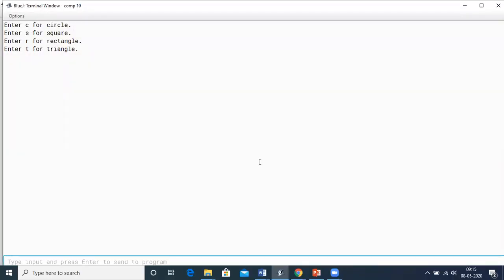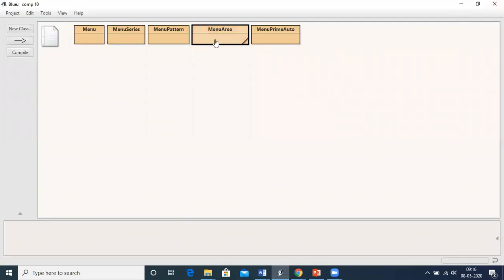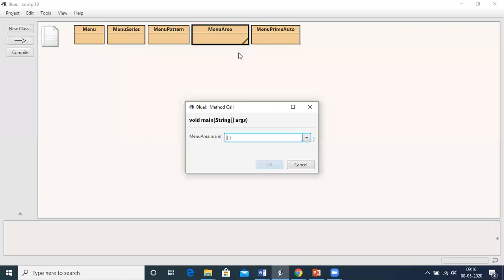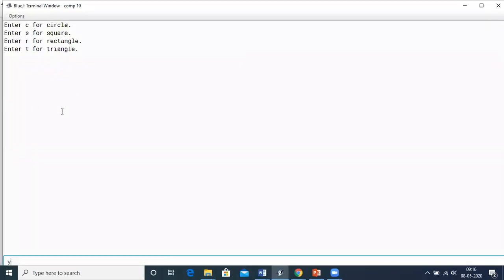Let's say I will enter S. So it will ask me for the side of the square. I give it as 5. The output is 25.0. Now let us again give a wrong choice and see the output. I enter Y, it will show me an error, that it's an error because the choice is not matching.